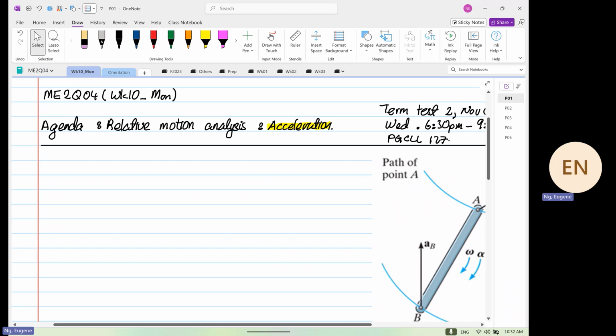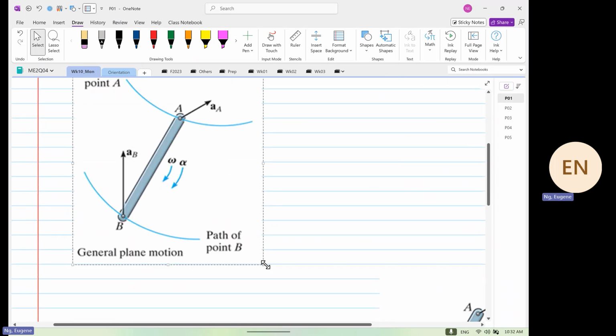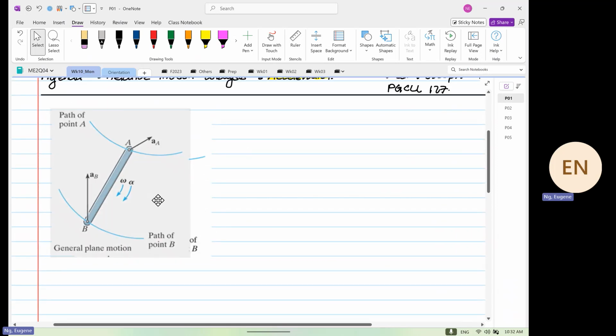Right, so today we are going to look at relative motion analysis for acceleration. All these diagrams are posted on Avenue to Learn, if you could get them. Okay, so if we have 2 points, point A and point B, and point A's path is at the top, and point B's path is at the bottom. And if we look at acceleration, we write it in the form of